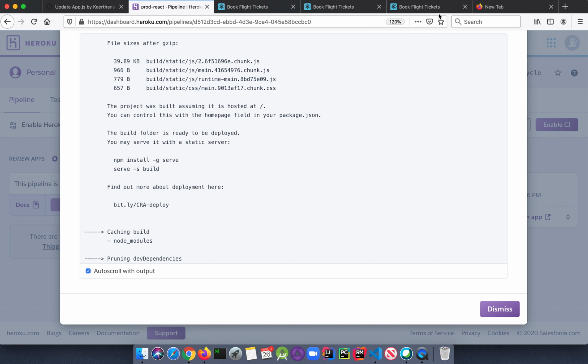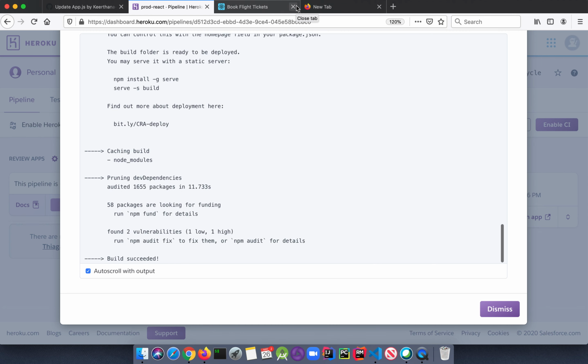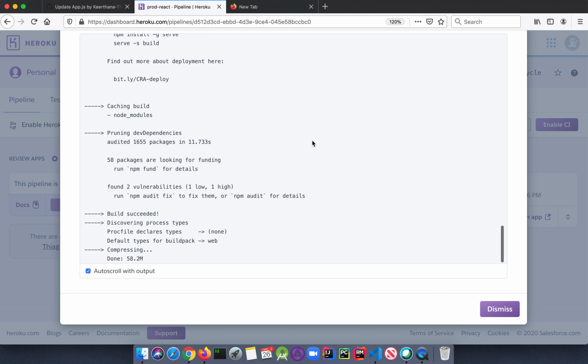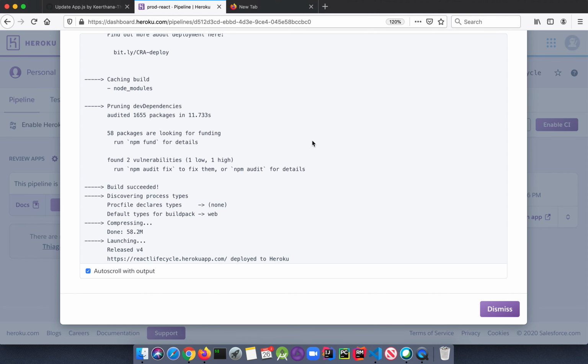Let me just close the previous one so that it will avoid the confusion. Yeah, so the build is succeeding. Compressing. There you go, guys.